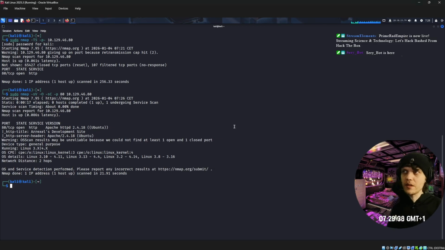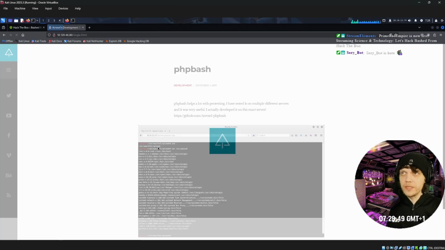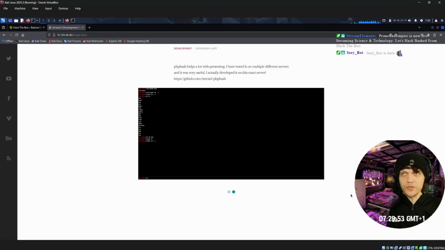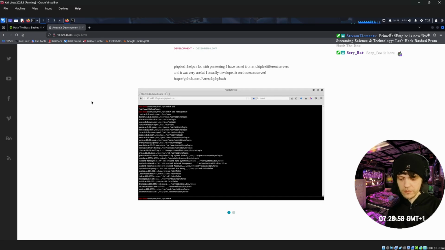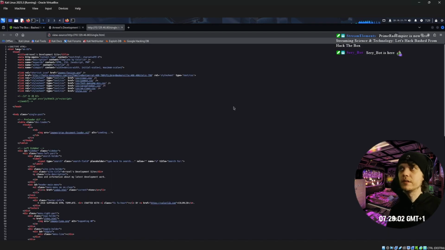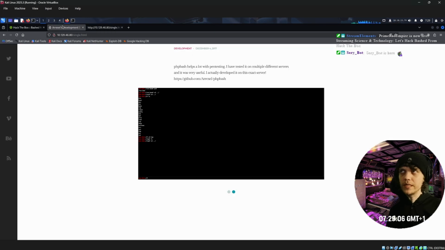So it's port 80, right? And we get to this website. We click on PHP bash and we see that probably we'll find some web shell somewhere on the website. We might type the Ctrl-U combination and see if there are some folders in here, but we can make that even easier